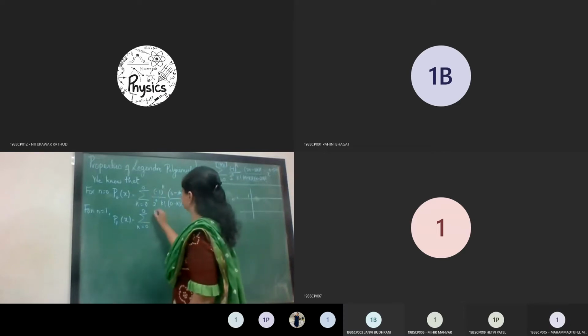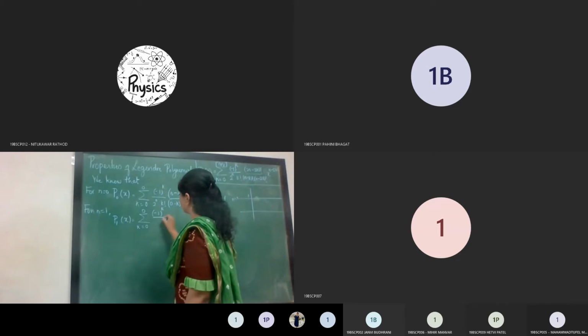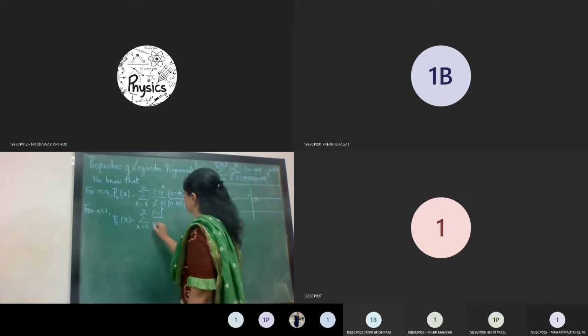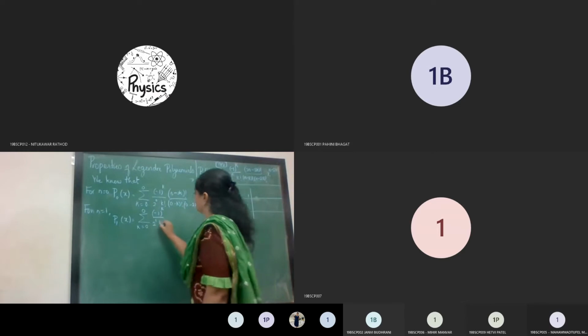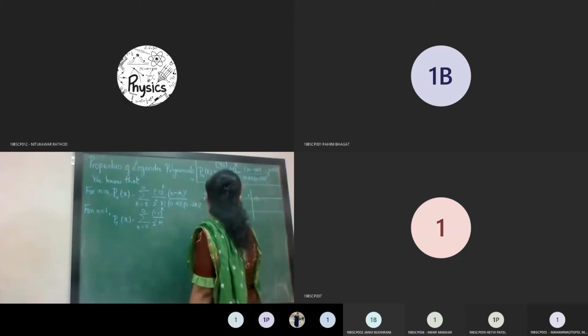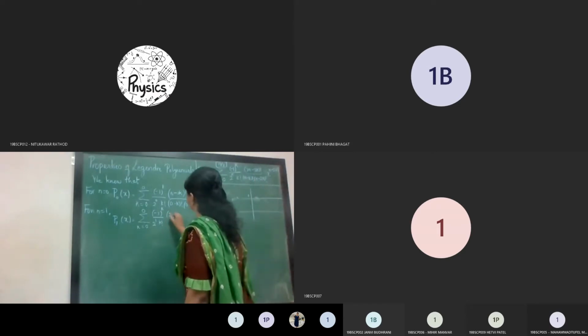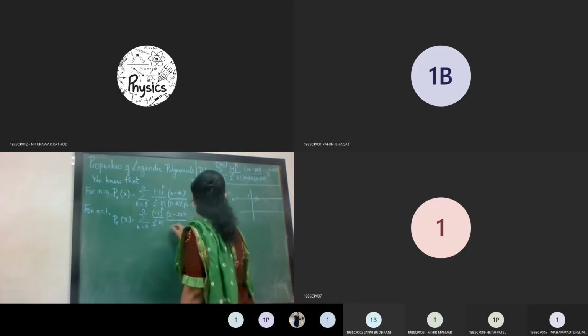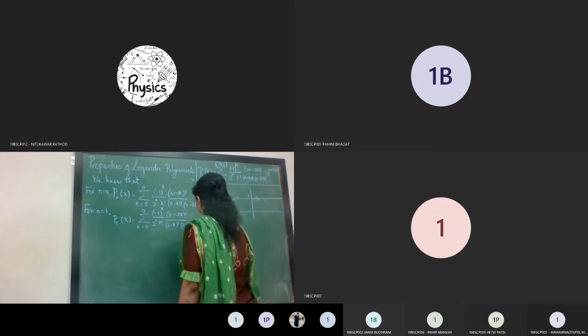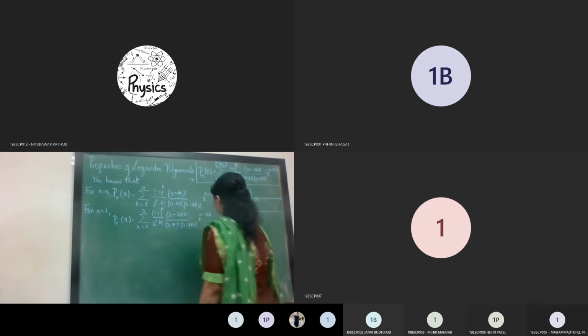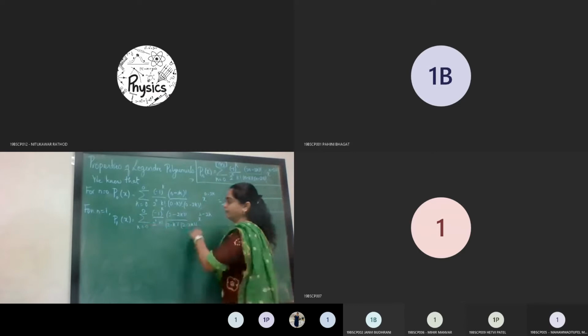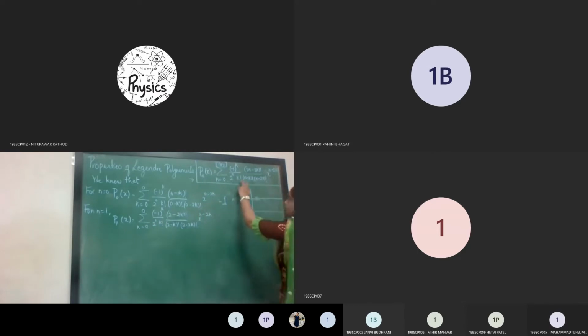Very good. So in this case, it will be (-1)^k, 2 raised to n. n is 1 over here, so it is 2 raised to 1, k factorial. Then (2n minus 2k) factorial. So here n is equal to 1. So (2 minus 2k) factorial upon (2 minus k) factorial, (2 minus 2k) factorial, x raised to (2 minus 2k). I have just substituted the value n is equal to 1 over here.